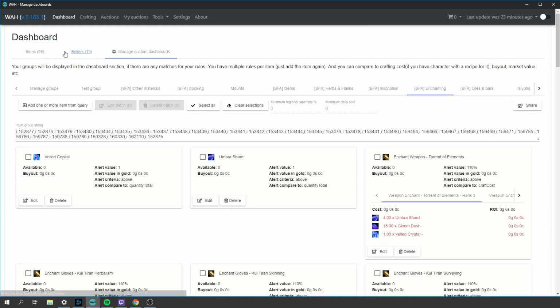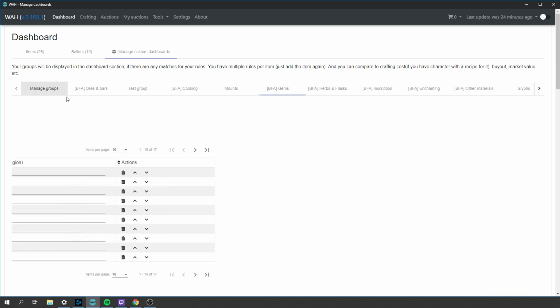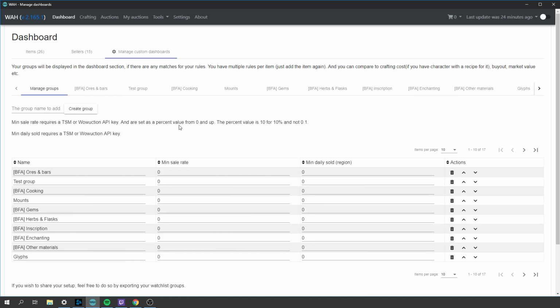So I believe that's kind of it for these. As mentioned previously, you can select multiple manually like this. You can select all and deselect one maybe, or a couple. You can do batch delete, like delete everything you have selected. You also have these values here: minimum regional sale rate, minimum daily sold. This has to be edited in the Manage Groups section, and it would then filter out